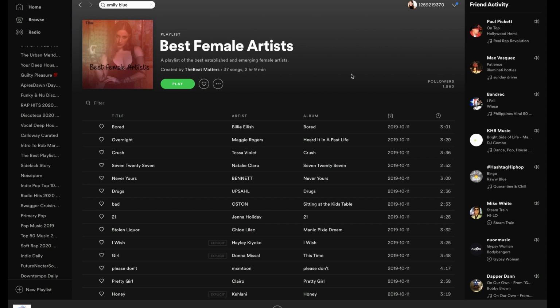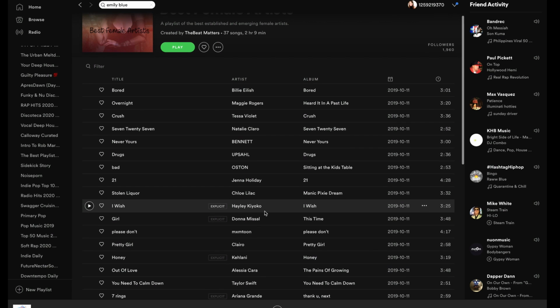Now, in the perfect world, all of the curator's contact information is going to be right here at the top underneath the title of the playlist. Unfortunately, this curator did not have their information up here, but that's okay. We can always do a Google search to look for it. Before we find that contact information though, we want to look through this and make sure it's going to be the right fit for us.